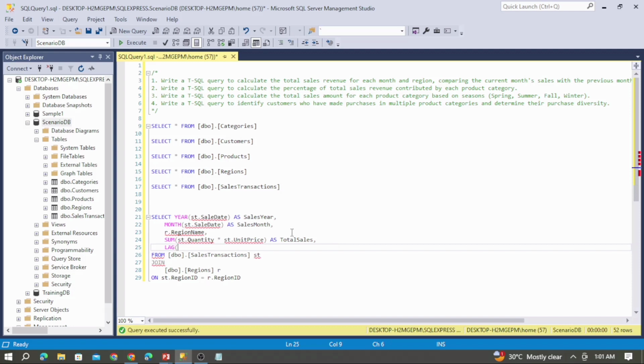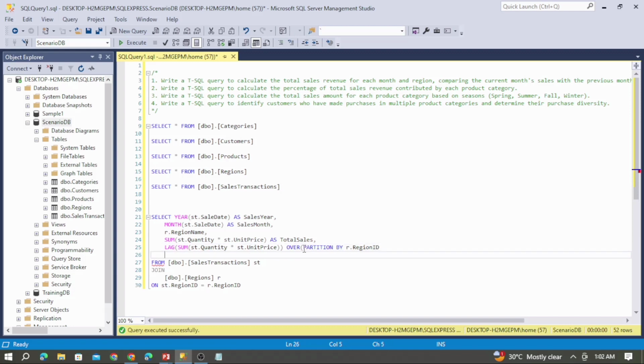So inside this let me provide this sum of the total sales value. So I am going to find the lag for this total sales. Let me provide the over condition, over partition by the region id, r dot region id,